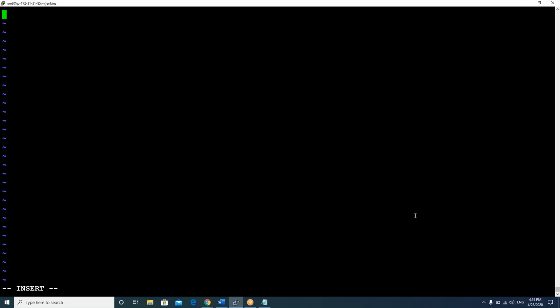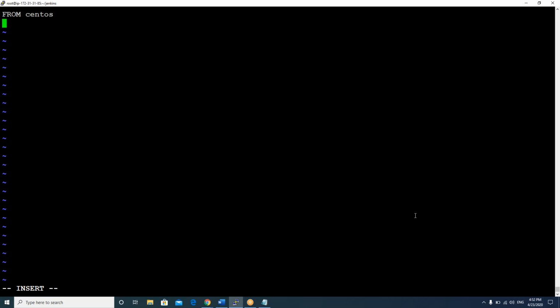Then I'll create one Dockerfile. Now I have to write the instructions step by step. Now write FROM in all capital letters, space, the image name. So what is the base image you would like to take? It can be anything, an already available image you have to take: CentOS or Ubuntu or maybe HTTPD or Jenkins. The base image can be anything. This part is small, not caps. Only the FROM is in caps. That is called a directive. That FROM is a directive. Now enter.